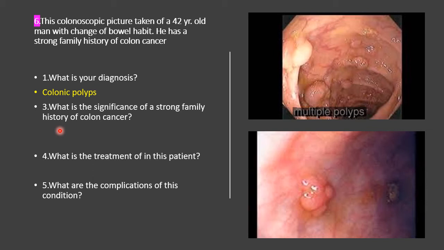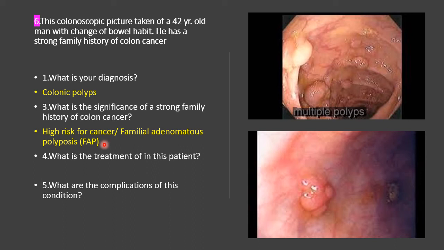Number 2, what is the significance of the strong family history of colon cancer? Okay, high risk for cancer. Once there's a family history, these patients are also at a high risk for familial cancer, and he can be part of the familial adenomatous polyposis or FAP, where the patients have a very high increased risk